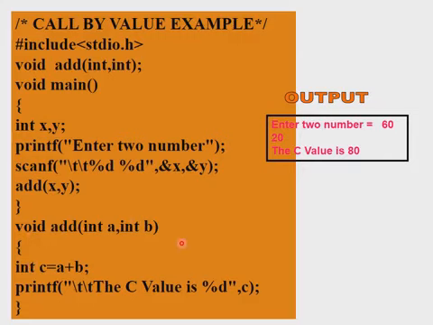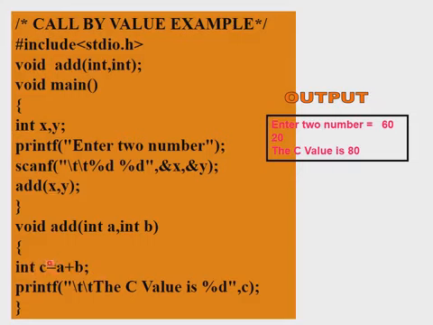Now here a and b are the variables or the formal parameters that take the place of these actual parameters. Our actual values are in x and y, and we have just copied these values into a and b. So a and b are temporary variables. Whatever manipulations are done will be on a and b and not on x and y. So the original values of x and y will remain the same, and the copied variables will have whatever manipulation is done.